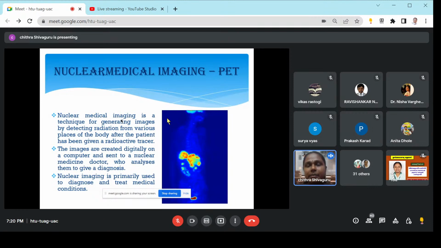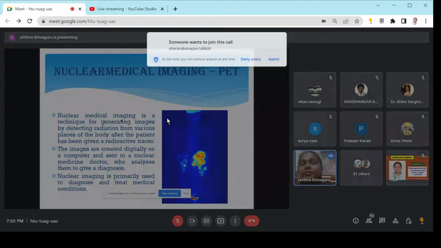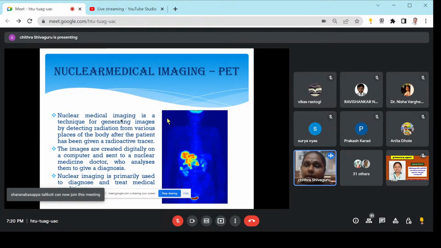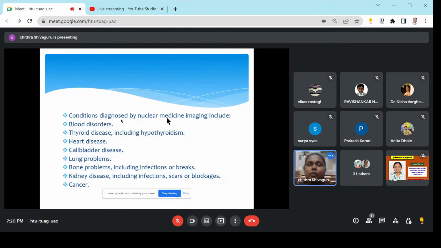But when you come to nuclear medical imaging, it gives how the organs are working. So when people are under cancer treatment, they will be asked to go for the PET. Why? When they are injected with the medicines and are on medications, how the organs are responding to the medications will be identified in a better way compared to CT scan and MRI scan in this PET. Nuclear medicine imaging is used to identify blood disorders, thyroid disease, heart disease, gallbladder disease, lung problems, bone problems, kidney disease, and cancer. Especially in cancer, it is very